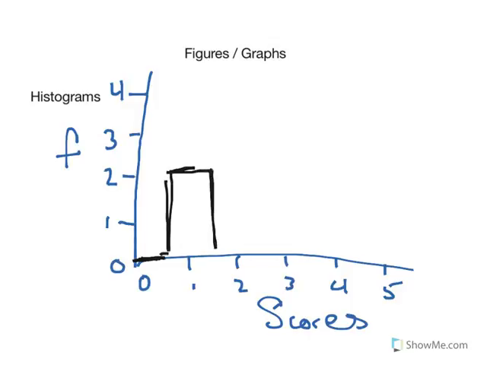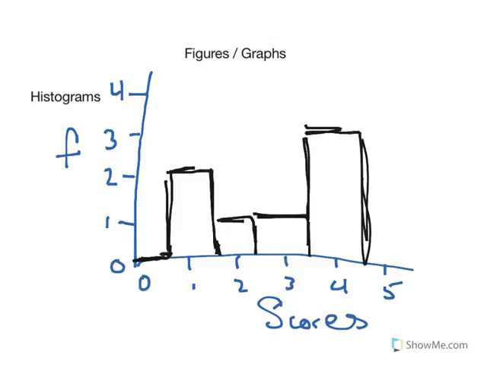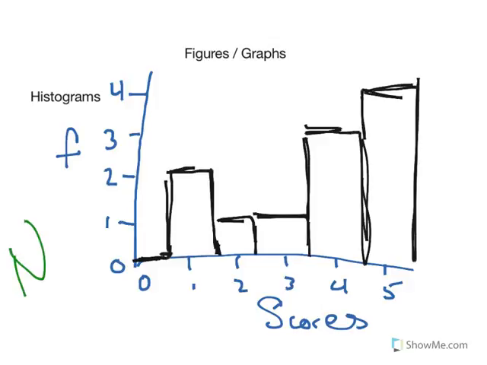And then, so these bars actually touch. For 2s, let's say one person got a 2. Let's say one person got a 3. Let's say 3 people got 4s. And then for 5s, let's say that 4 people got 5s. So the reason why this is called a frequency histogram as opposed to a bar graph, and this is 100% not a bar graph,